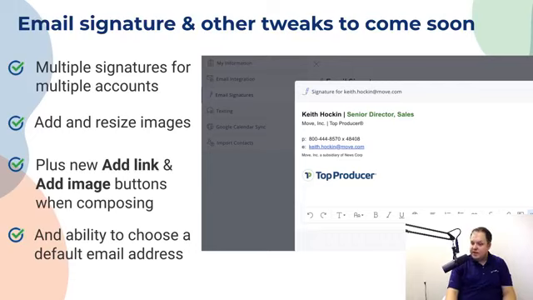And then Shelly asks, how do we move from the old platform? Great question, Shelly. So the great news is you don't actually have to do anything to move to the new platform. There's really 2 ways for you to access the new version. One is if you go into Top Producer Classic, at the top menu, there will be a button called TPX. When you click on that, and I believe there's an article, Christine, that we can post in the chat just for people that haven't had a chance.